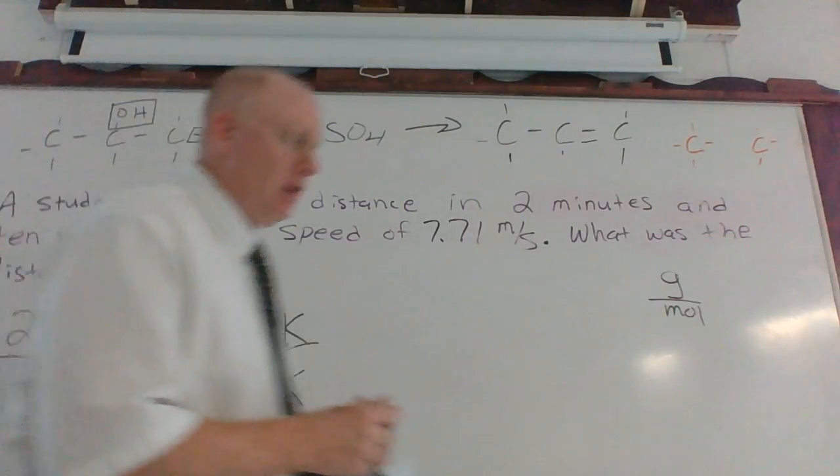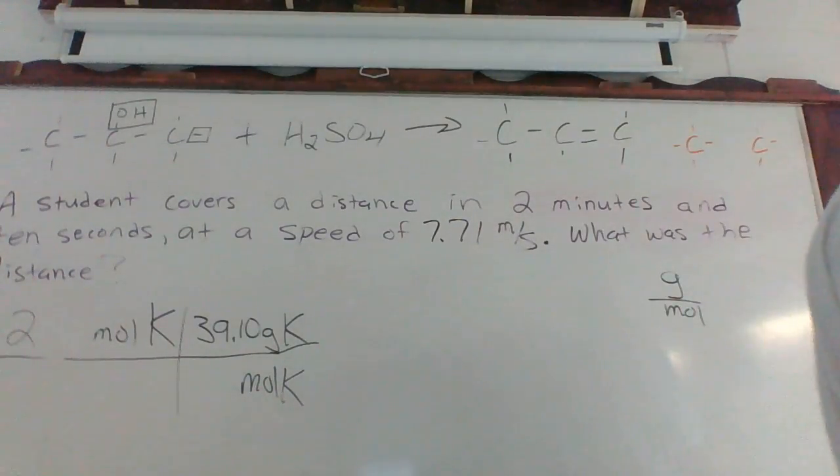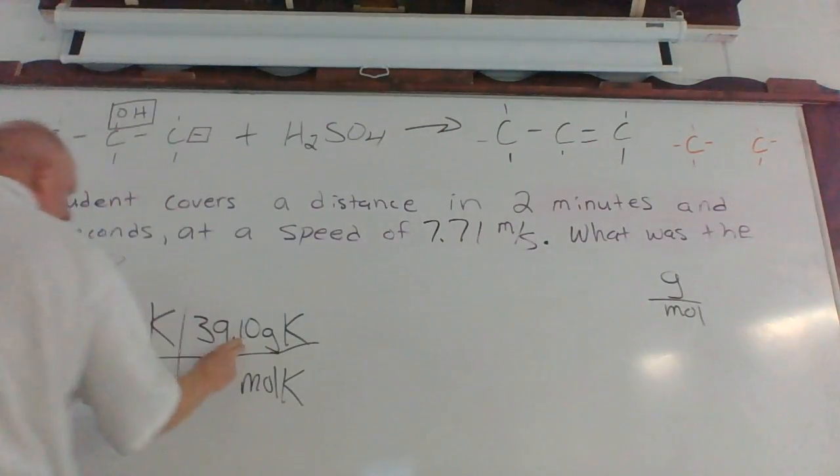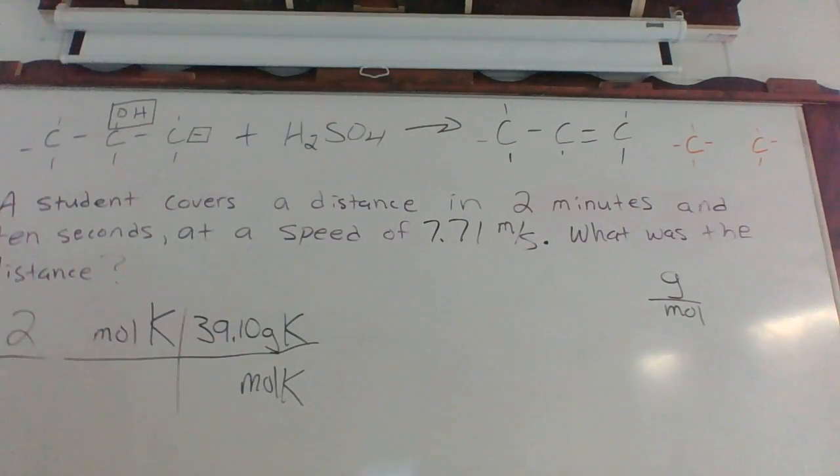So remember, every time you get close to that element's atomic mass, that's how many moles you have. Okay? So if it's over the number of moles that you have, well, then you're going to have twice the amount of potassium. If you have 3 moles, my point is you are multiplying them. Okay, so we go back to